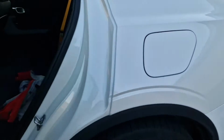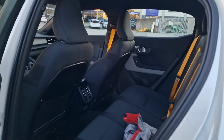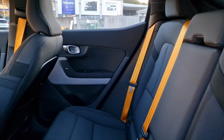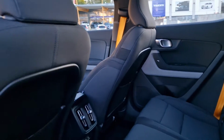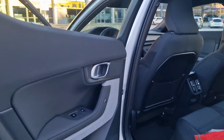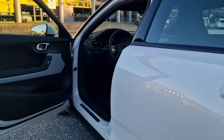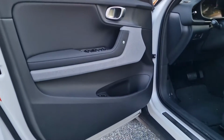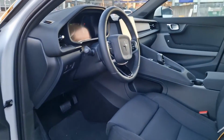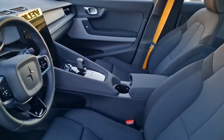You can just take a little quick glance in the rear seat. Since this one has the performance pack, we got the Swedish gold seat belts. See, beautiful interior. Here's the door cards. And if we step inside,